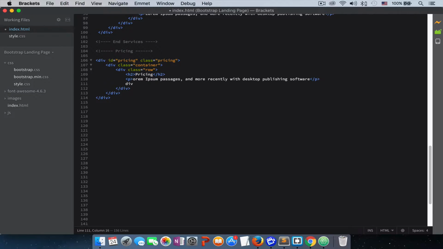And then we create our first column. So I want this to be, on a large device, 3 columns, and I also want this on a small device to be 3 columns too. Another div, give it the class of packages, and then a